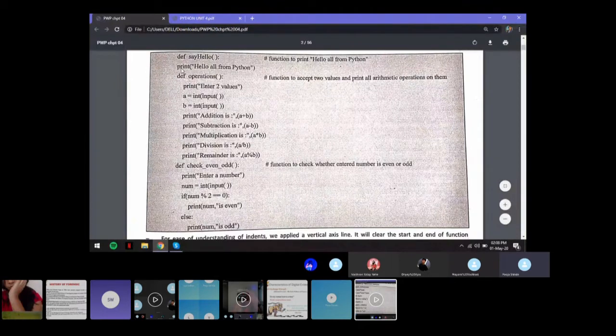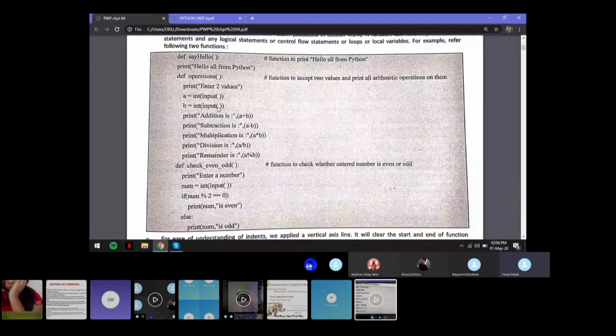Again, you have another function called operations. So you have def operations, print enter two values, a equal to int input and b equal to int input. So you're taking two inputs into a and b, and after that you're calculating the addition, subtraction, multiplication, division, and remainder using both of those variables.